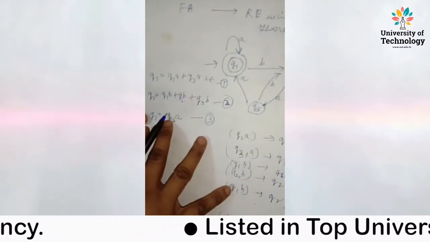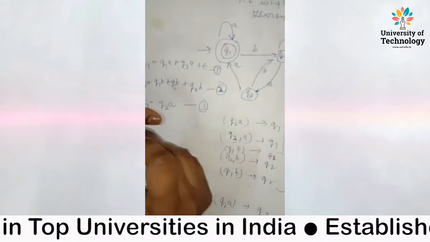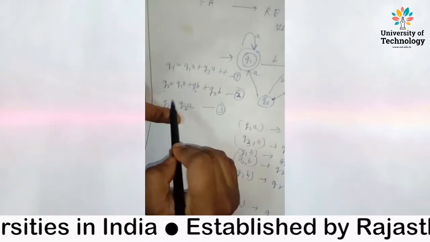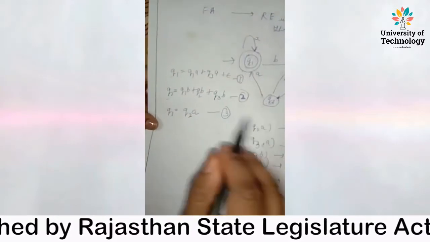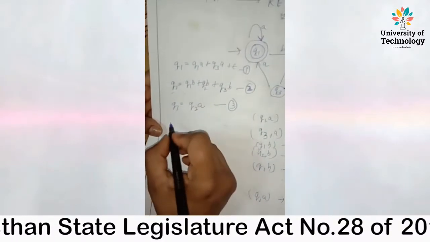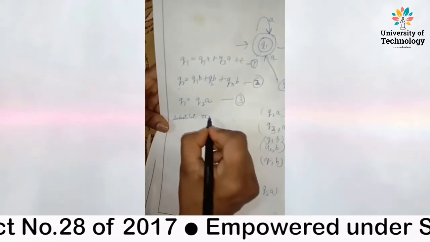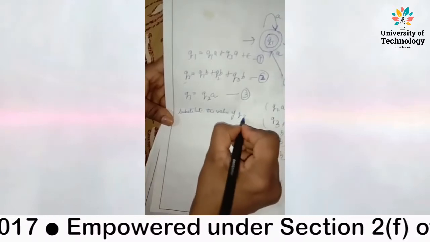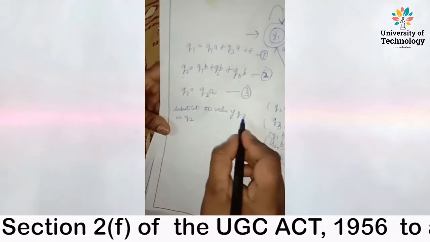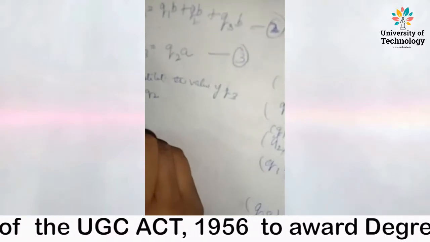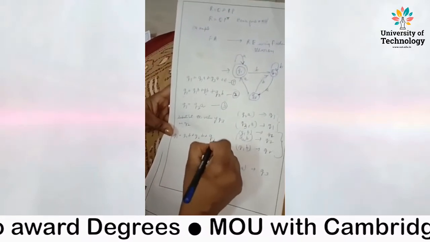Are these three equations clear to you? Is there any problem? What we have done is we have seen the various ways by which you can reach Q1, Q2 and Q3, and this is mentioned in the finite automaton diagram, right? Now what we are going to do is substitute the value of Q3 into Q2, right? Now by substituting the value of Q3 into Q2, what are you going to get? What is Q2? Q2 is equal to Q1B plus Q2B plus Q3B, right?